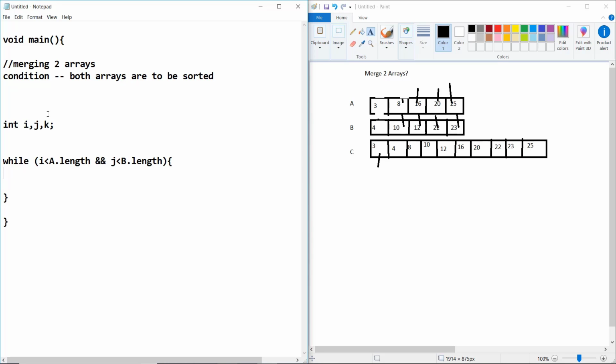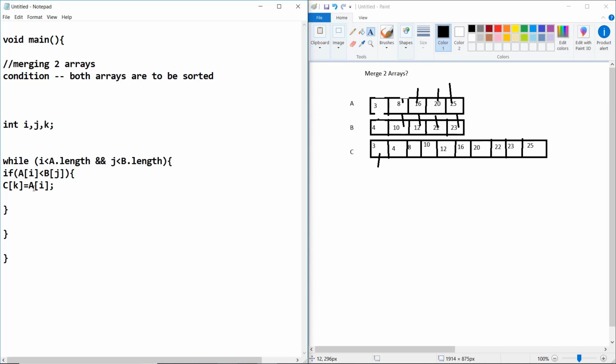Now let's do the logic. If A of i is smaller than B of j, then we store the element in C at the k pointer: C of k equals A of i.